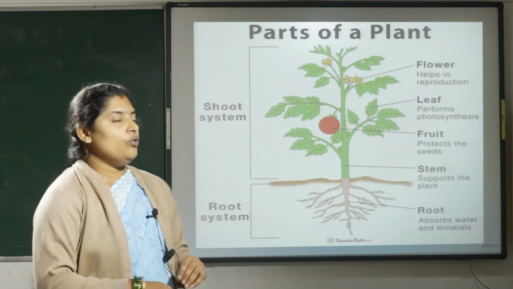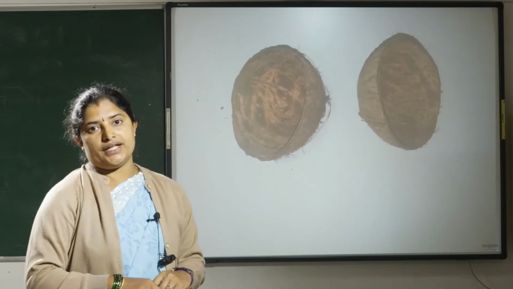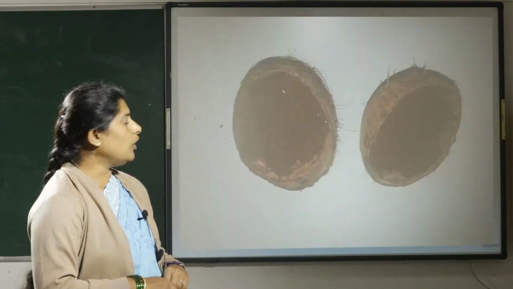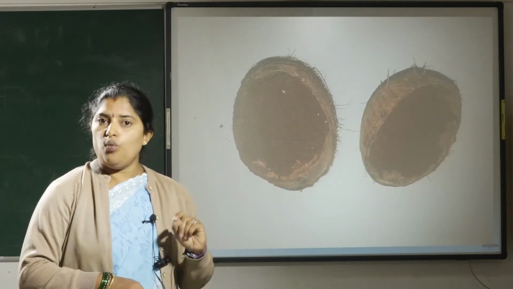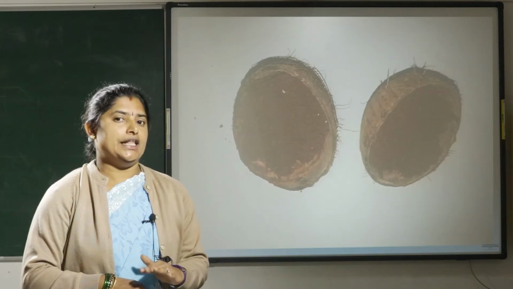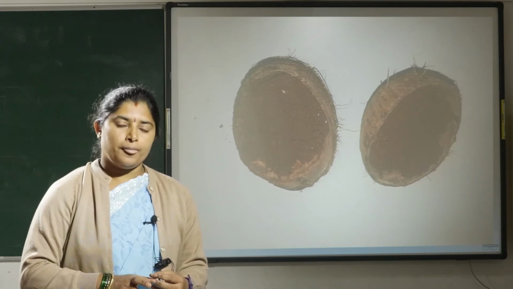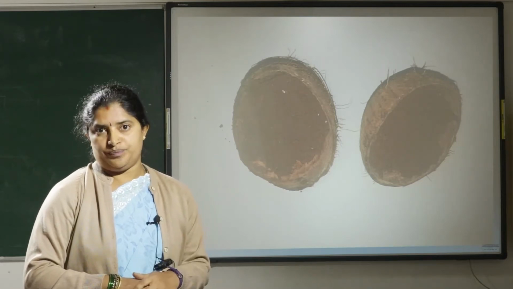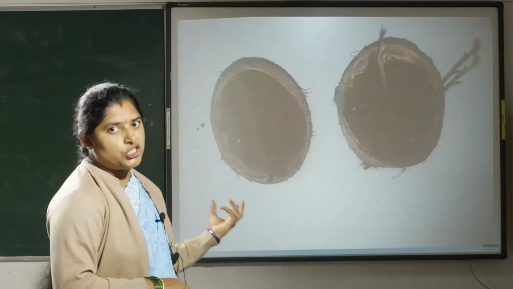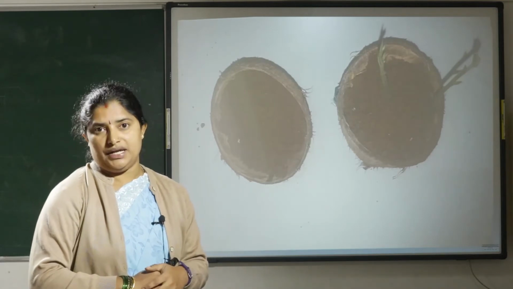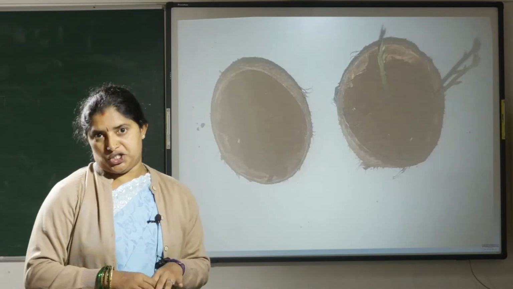Okay. Now take two coconut shells and fill them with soil. Now you have to put some ragi or paddy grain in one shell and don't put anything in the other shell. Okay? Keep these two shells in sunshine and sprinkle some water over them. After a few days, you can see the seed will germinate. So what is the meaning of germinate? Grow. Okay?